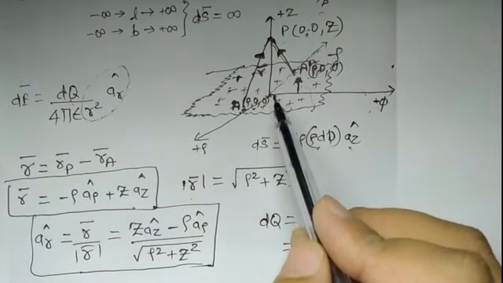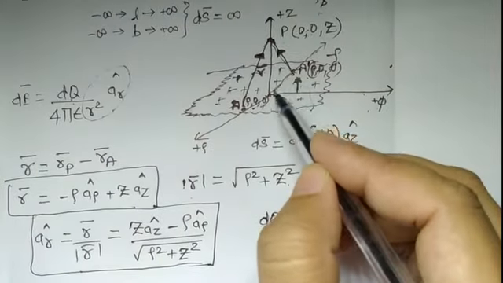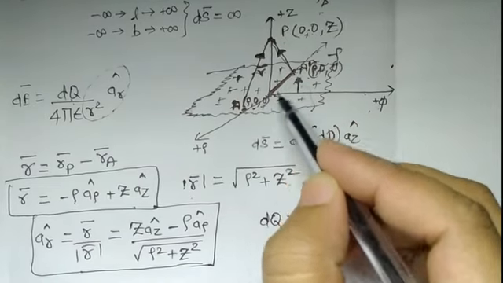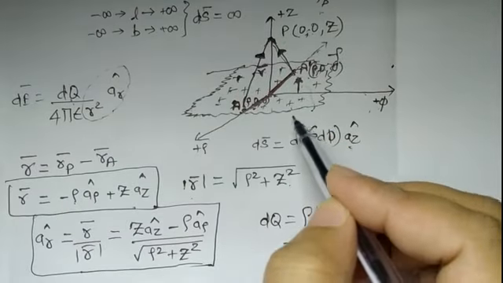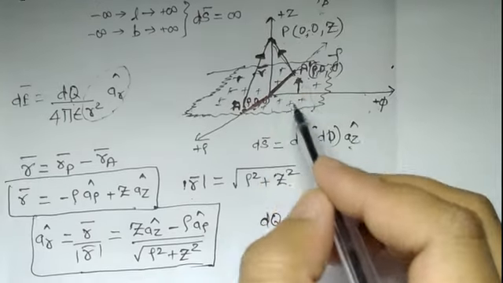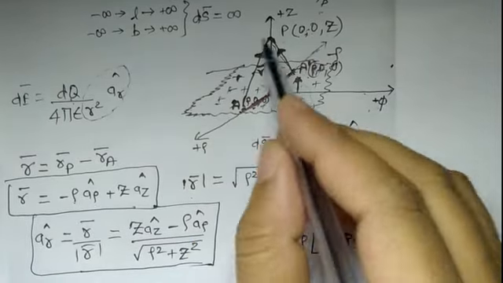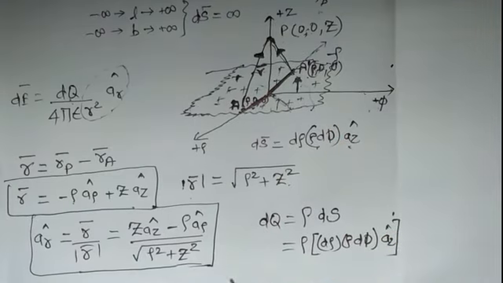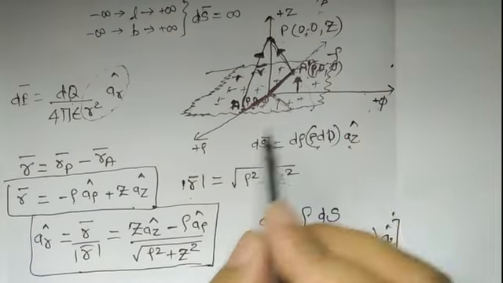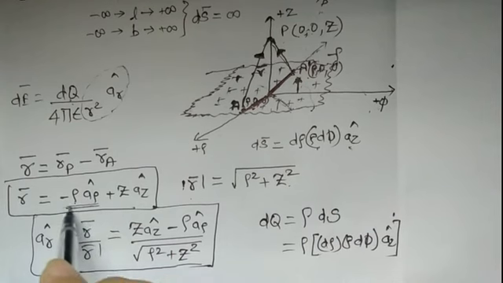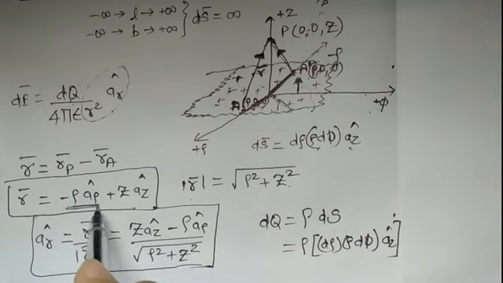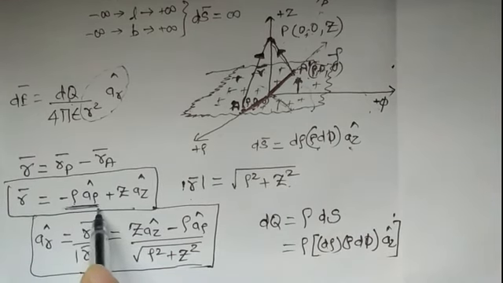Now what will this radial component be? This will be whatever the radius is, and likewise here, if I consider this, it will be whatever the radius. Likewise we have an infinite number of radii, so that radial component is this one. So this minus rho into a rho cap will be your radial distance.